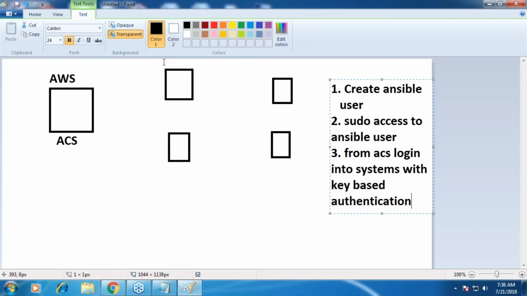On all these 5 servers, one person should be able to log in. So the most common thing to have is a username on all of these 5 servers. Yes or no? And that is what we are doing as a first step. Now this user, after logging in, is supposed to do installations. And installations cannot happen with a normal user. He needs to have permissions, and those permissions I am calling sudo. Second done.